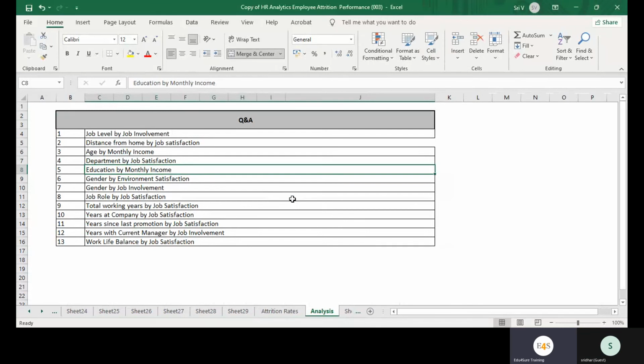So, gender by environment satisfaction. Do you have any idea that you'll also have this Power BI, right? Do you want to go ahead with Power BI also? Speak to Nishit once. This is with a batch, right? Not one on one. Batch is also fine. We do not have any batch for HR analytics in Power BI. You want Power BI in HR only? Then there is no batch as such for that. You have to take that one to one. Okay, so I'll finish it on Sunday.